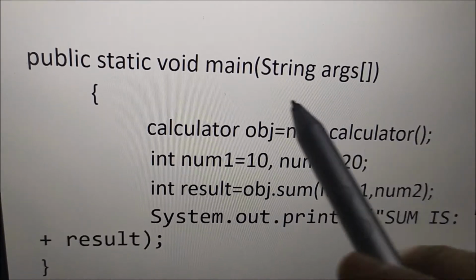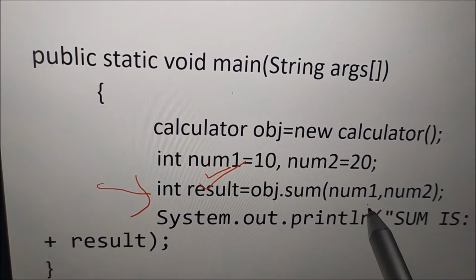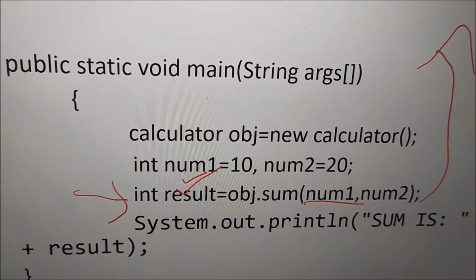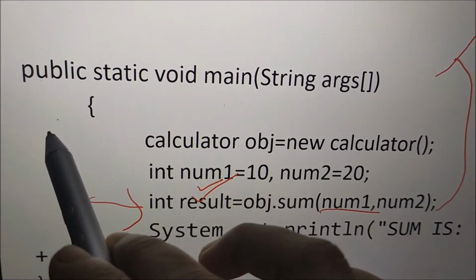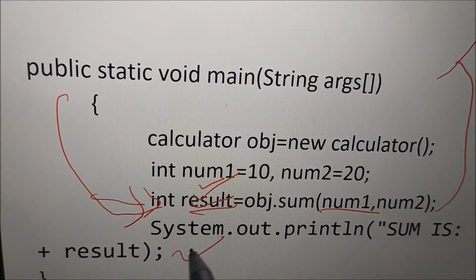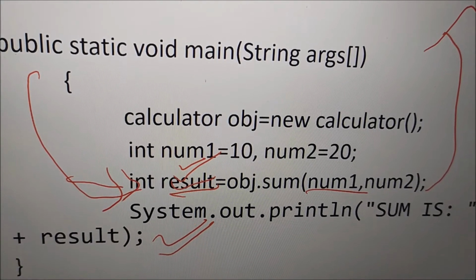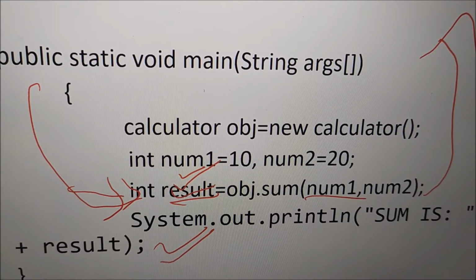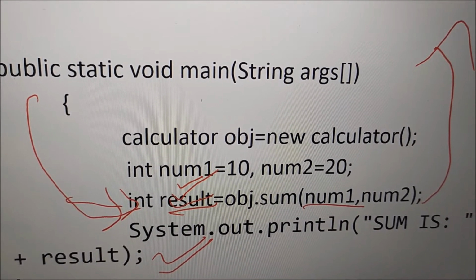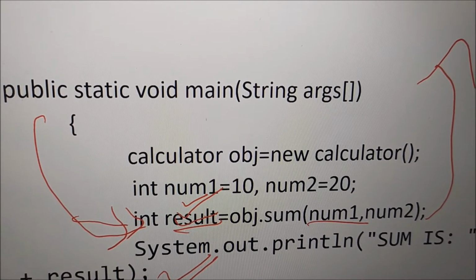Okay, so look at the calling method. So the control comes here, it is stored in the result. So when it is invoked, first the control goes to where? The called method, and there it has to do the calculation and the control comes back to the result. Okay, and the result has to be displayed in the main method. So here in the main method the result has to be displayed. So called method is sending the result to the calling method. Okay, by which keyword? The return keyword. So it is already discussed in the return keyword statement.